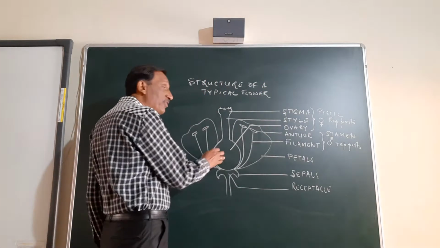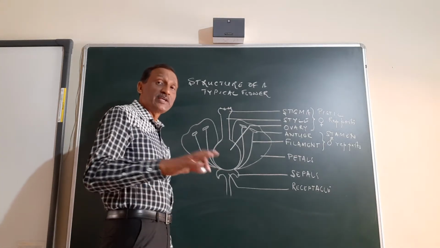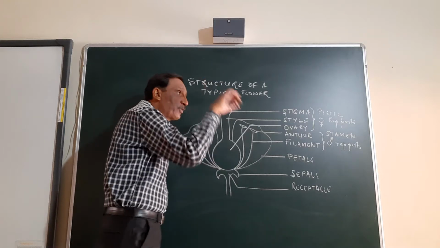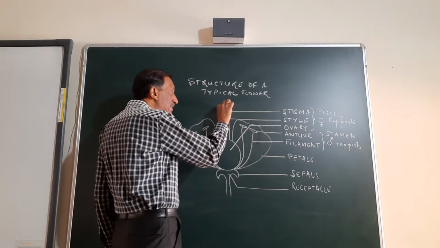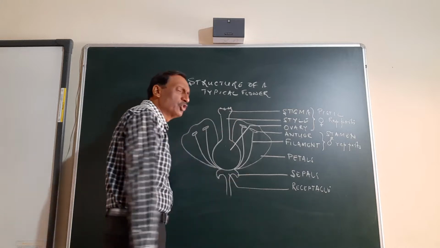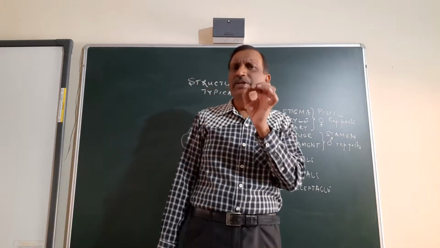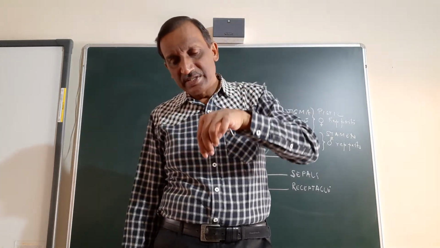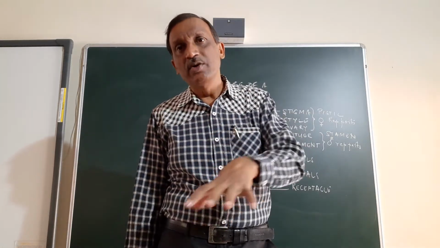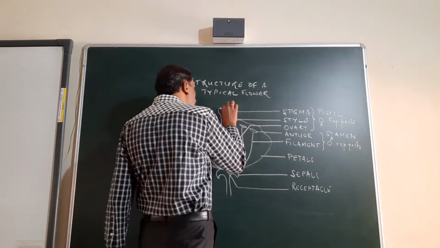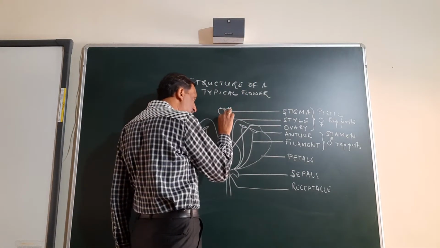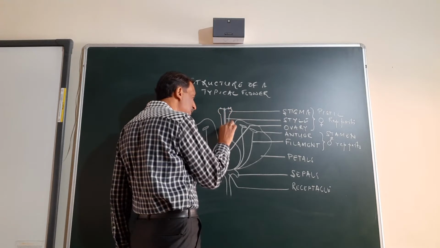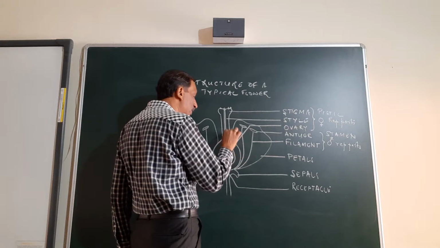The ovary will be right inside. Most of the time you don't see the ovary. So the stigma is the landing platform where the pollen grain goes and lands. And style is a long, very thin tube, just like a capillary tube, through which the pollen tube transfers the male gametes up to the ovary. The pollen germinates here and forms the thin tube, and these tubes run through the style and reach up to the ovary.